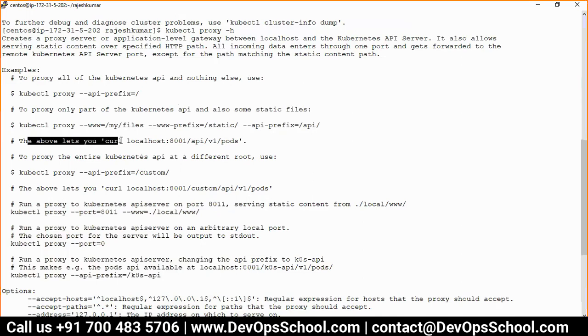Then after that you can test using curl. So instead of running it directly, you can run this here. See here, curl localhost. If you proxy like this, you'll be able to run like this.